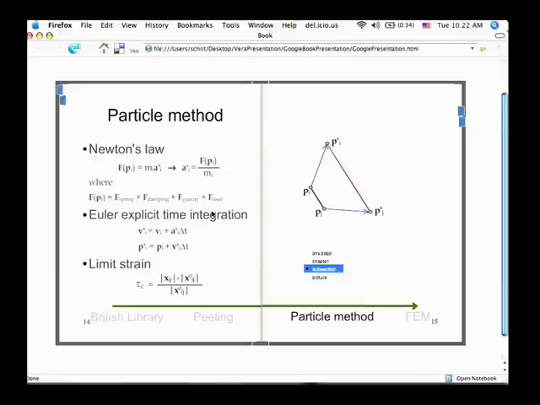So if we have 2 particles i and j, say the original length is 1, and at the next time step the length is 2, then basically we move both particles closer together, so their length becomes only 1.1. However, if one of those